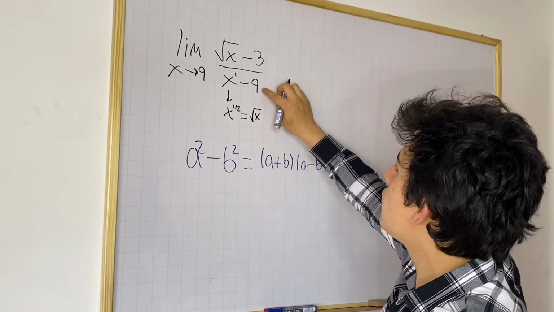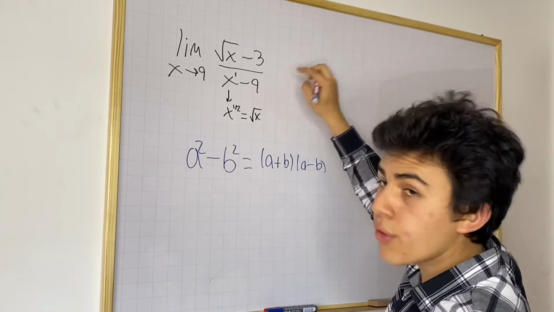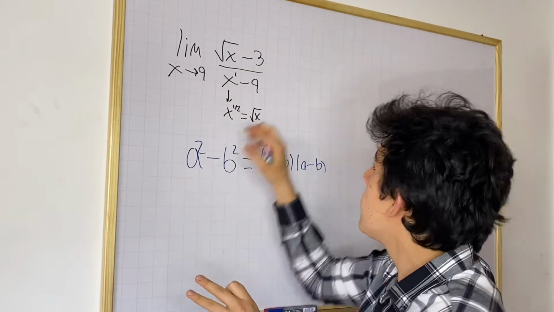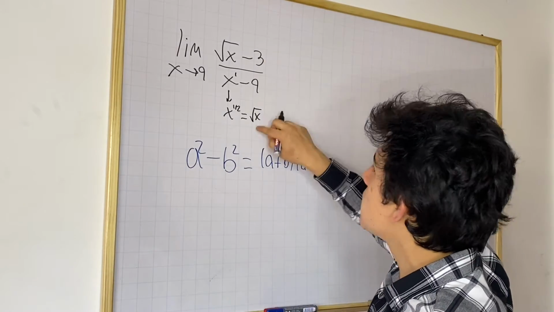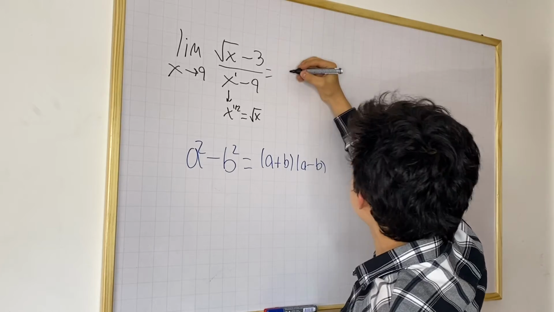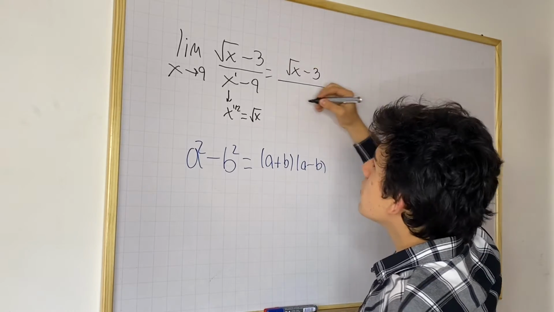And if you see, if we also lower this 3 squared to a lower degree, well, we can get 3 then. We can just put it to first degree. And if you see, then we'll be able to cancel out. So my point is we can do the following: square root of x minus 3 over